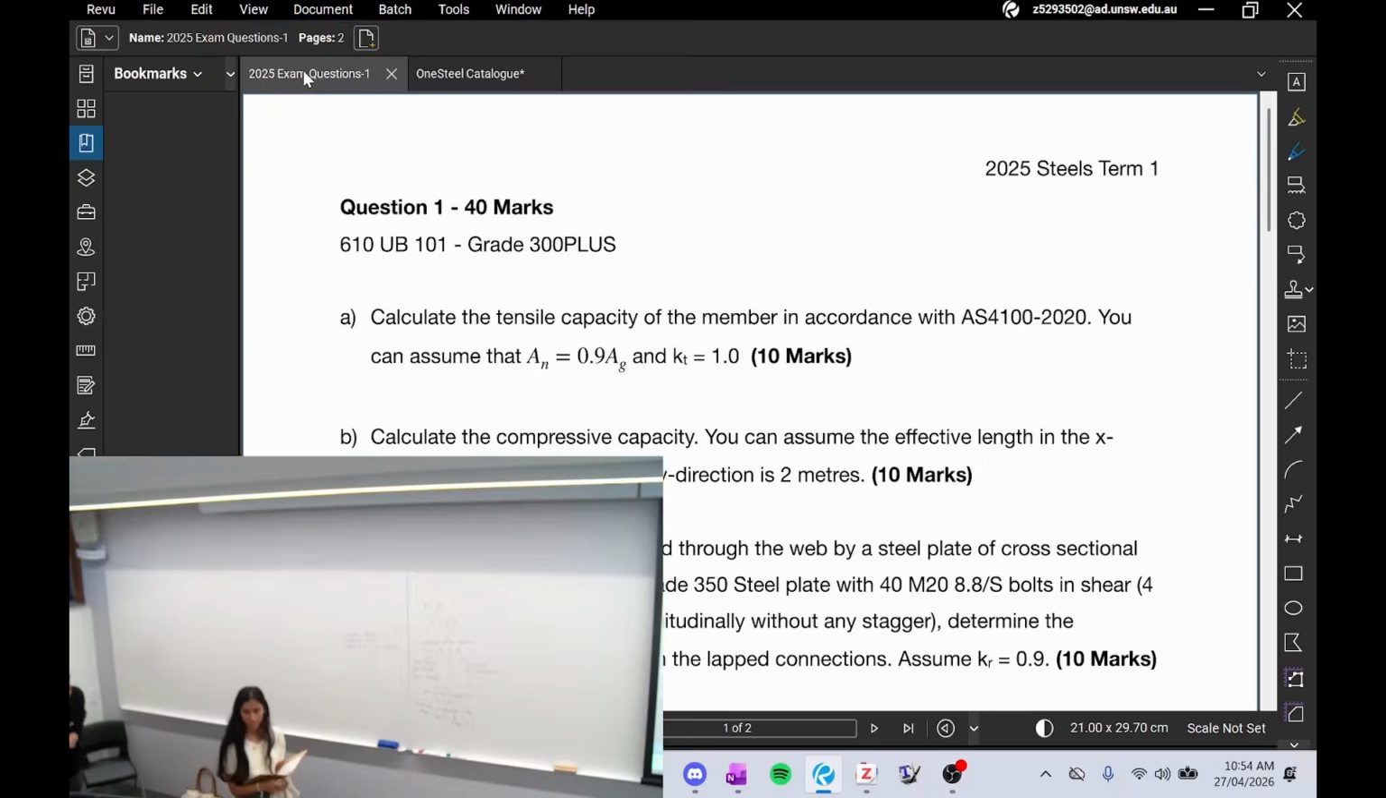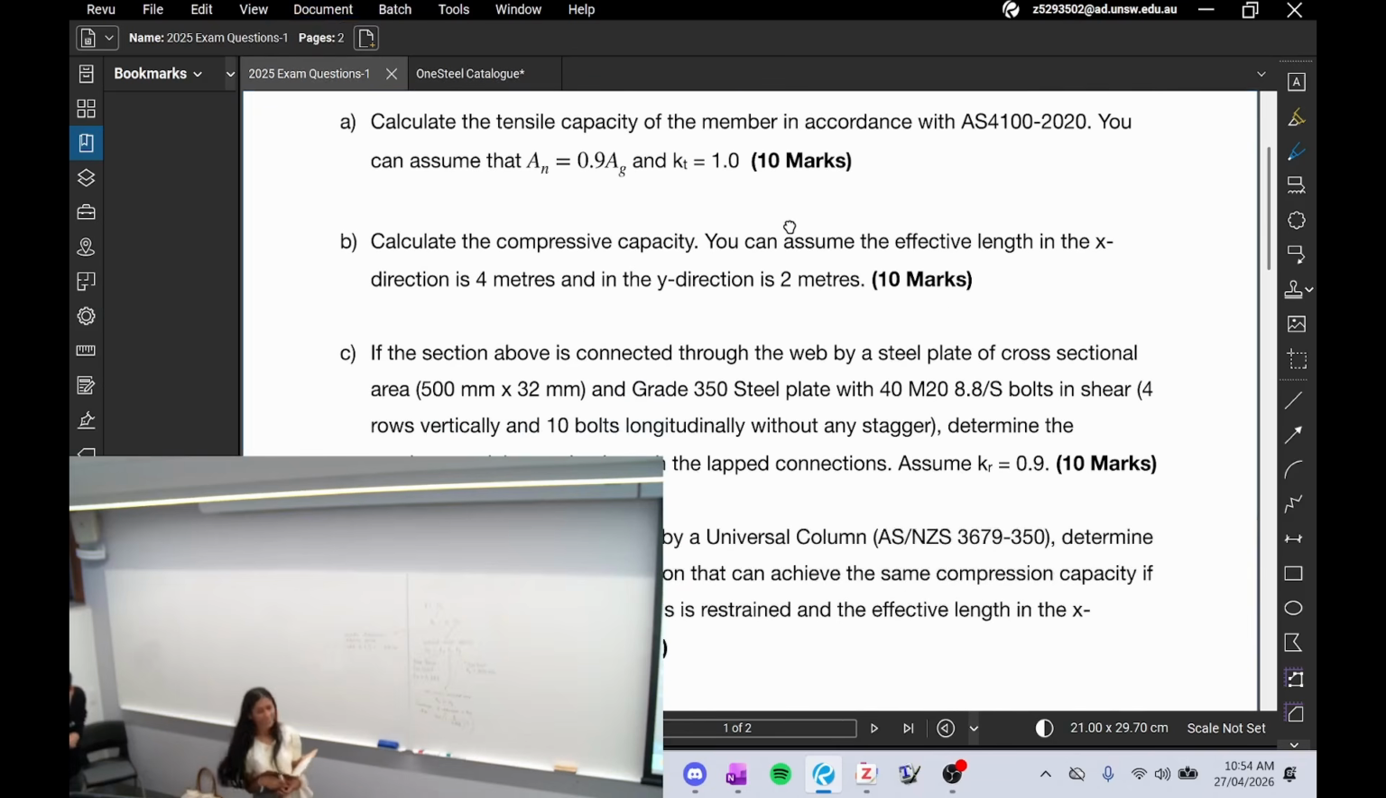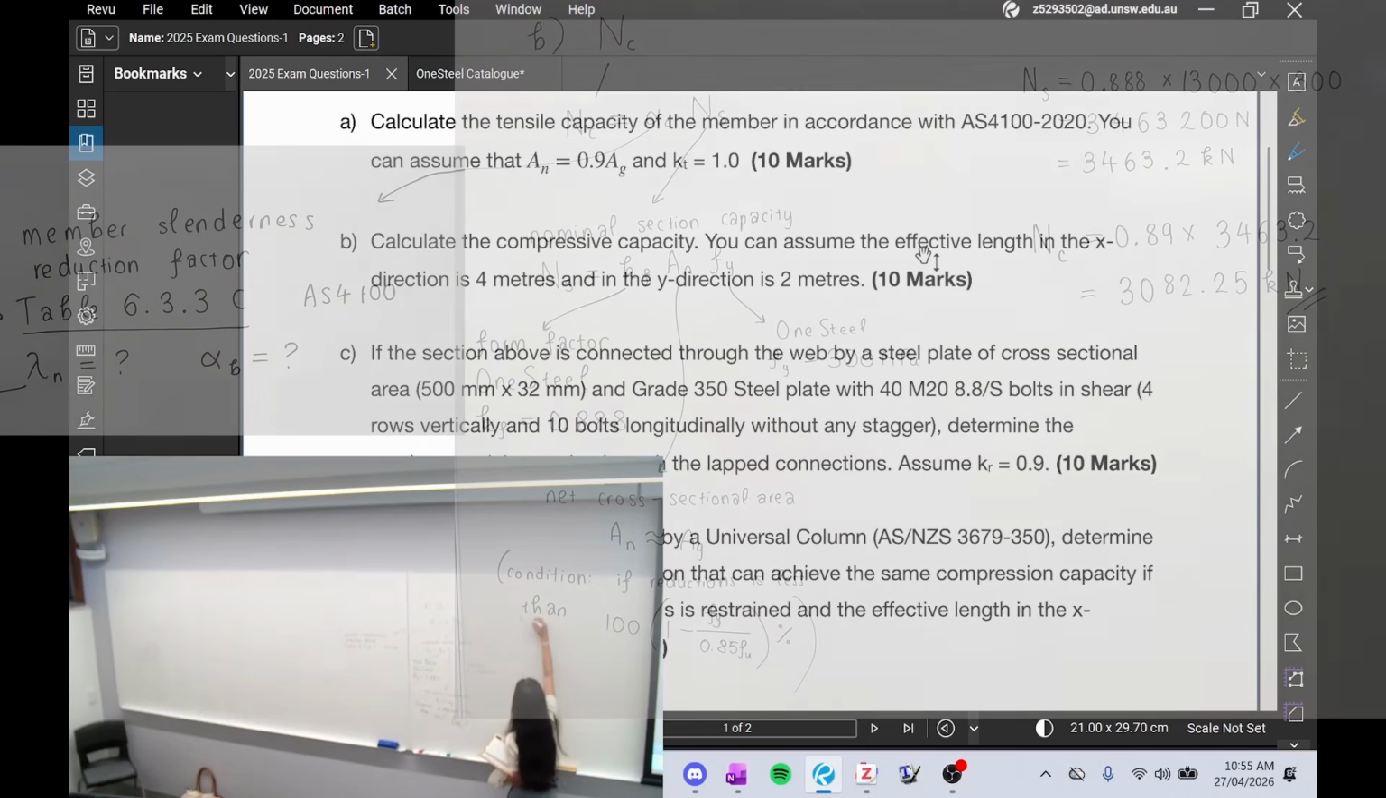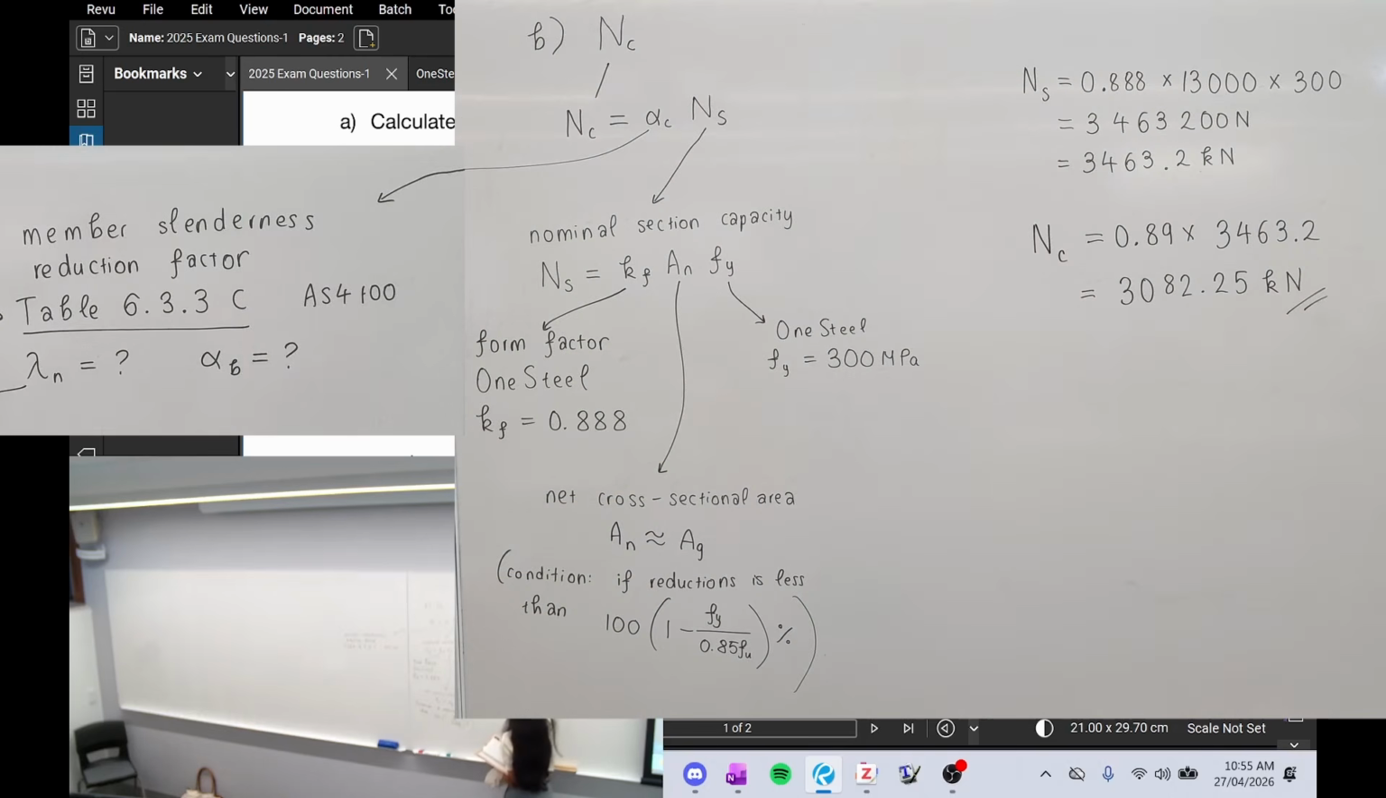I'll switch back to this. Any questions? Any issues so far? Okay, we can keep going. So now we have everything we need for the nominal section capacity. Let's calculate that. So that will be Ns equals KF, which was 0.888,